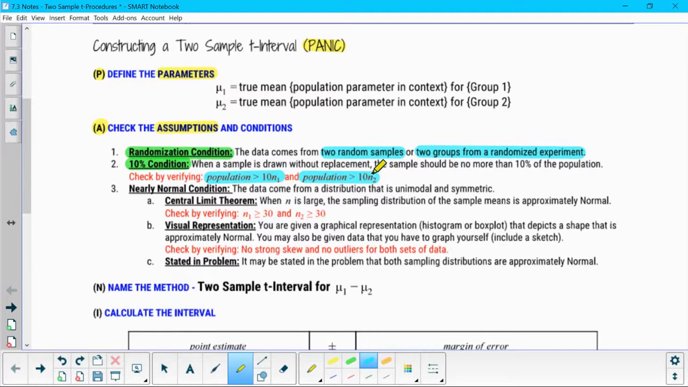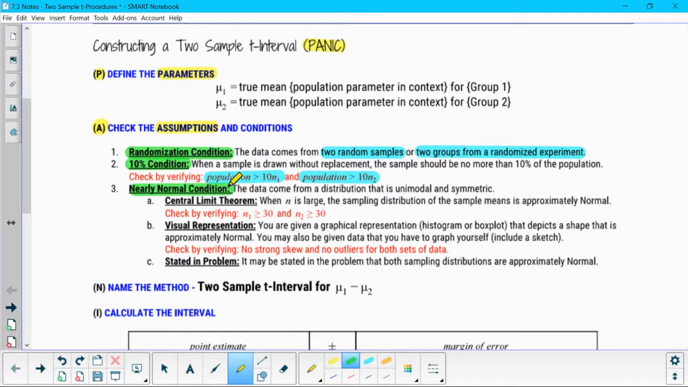Another option is you could also say that they are independent. The results within each group are independent. The groups are independent of each other. Basically, with randomization and 10%, we are just trying to make sure that our results do not have any outside influence. Third thing, nearly normal condition, we want to make sure that we have an approximately normal distribution